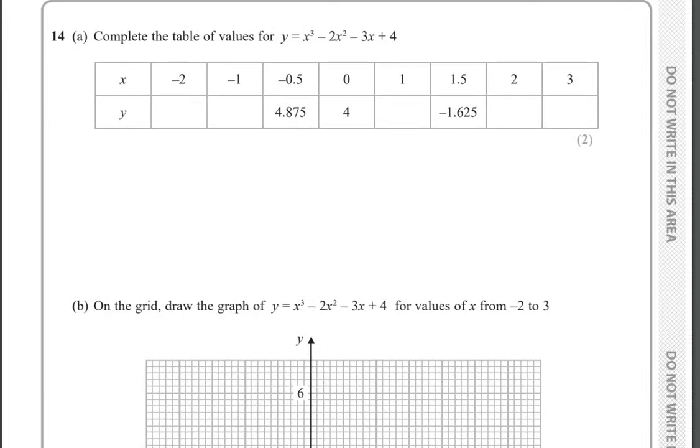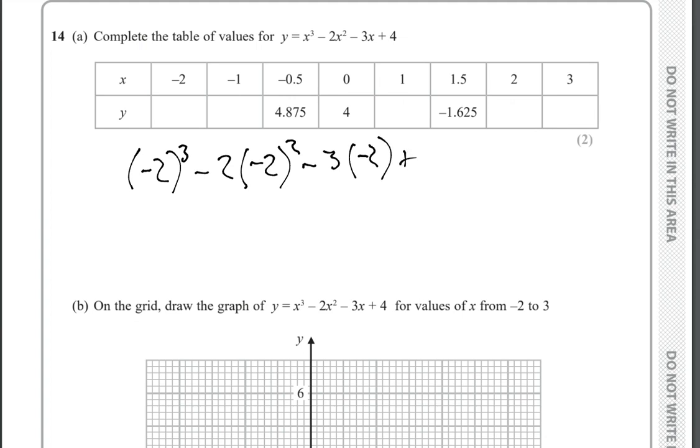Question 14. Complete the table of values for this. So the key to this, particularly when doing the -1, is that when you put it into your calculator, you cube it, you must put brackets around the negative. So I'll write it out, but you'll get the idea. When you're doing the positives, the calculator's not so fussy, but here, because of a bit of maths in the way that it does the index before it does the negative, you just need to put that in the bracket. So if we do that one first of all, so that will be